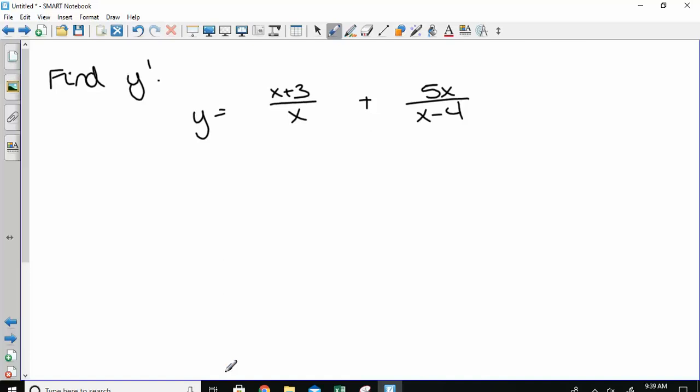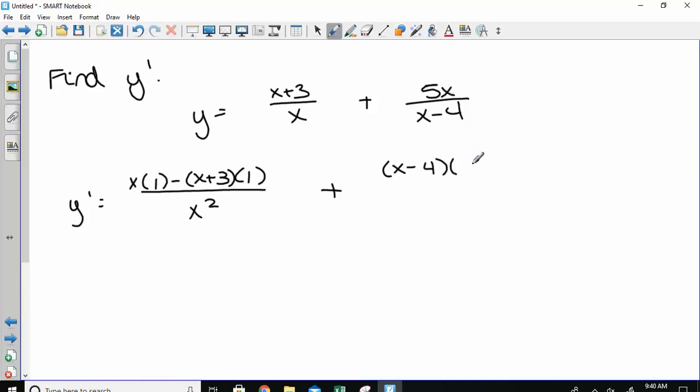So this is just asking us for the derivative, and we can do it term by term. We can do the derivative of the first one plus the derivative of the second one. To do the derivative of each of these things, what do we have to do? Quotient rule. So low, d high, what's the derivative of the top? 1, minus high, d low, derivative of the bottom? 1, over low squared. Same thing over here. Low, d high, derivative of the top is 5, minus high, d low, derivative of the bottom is 1,